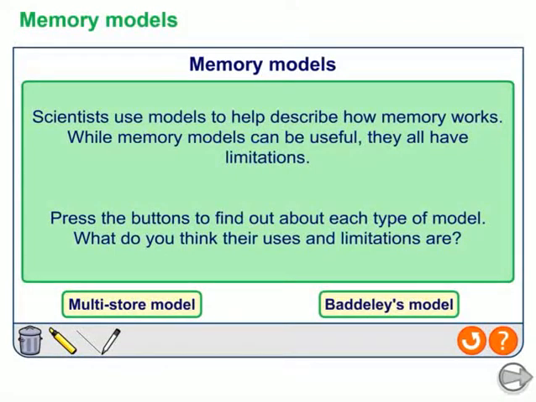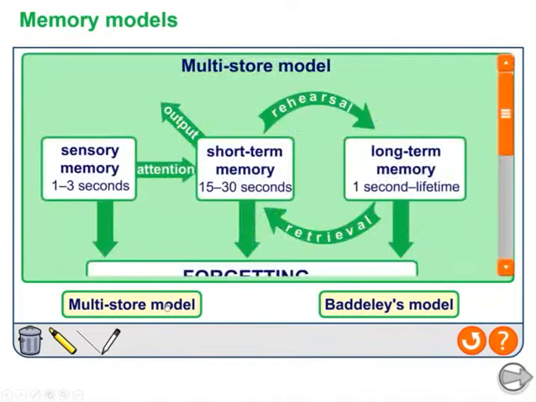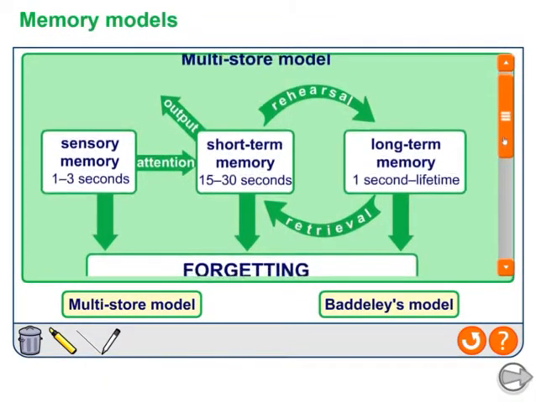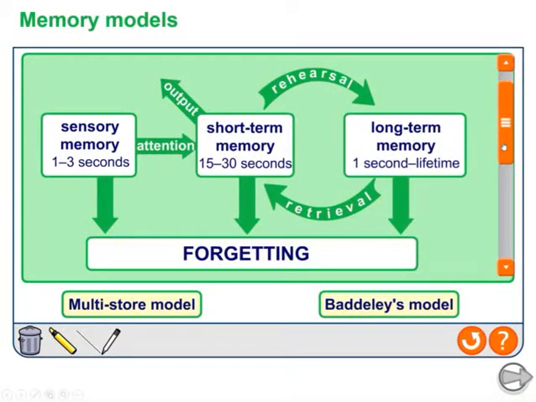Now, really understanding memory is very difficult, but that's why scientists often use models to help them describe how things work. The problem with models is that they are useful in your understanding initially, but often they have quite some limitations which don't really explain all the details. Now, one of the most useful models of memory is the idea of multi-store memory,